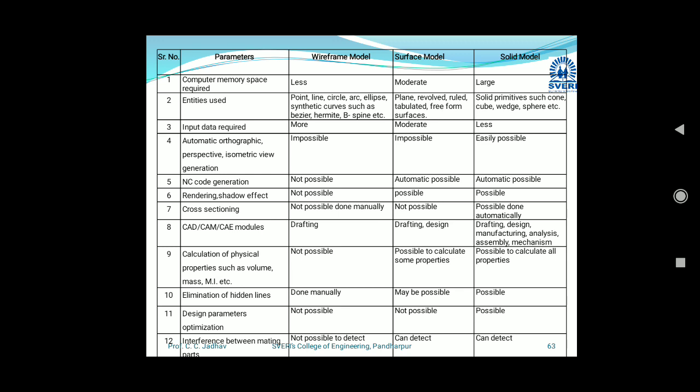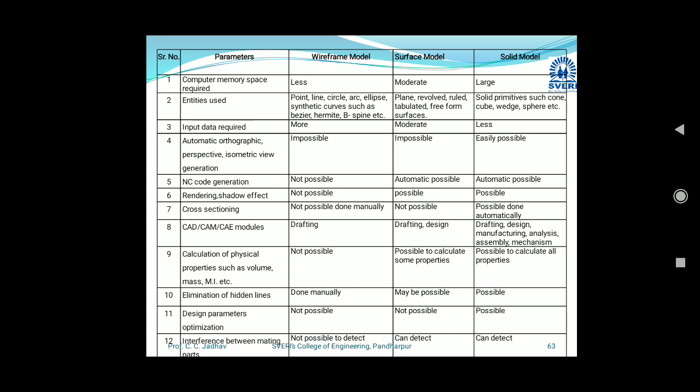Now we will see an overview of these three modelings, that is wireframe, surface, and solid, with some different parameters. We will differentiate all these three modelings with reference to these parameters. First, computer memory space required. For the wireframe model it will require less. In surface model, moderate, and in solid modeling we require more computer space.